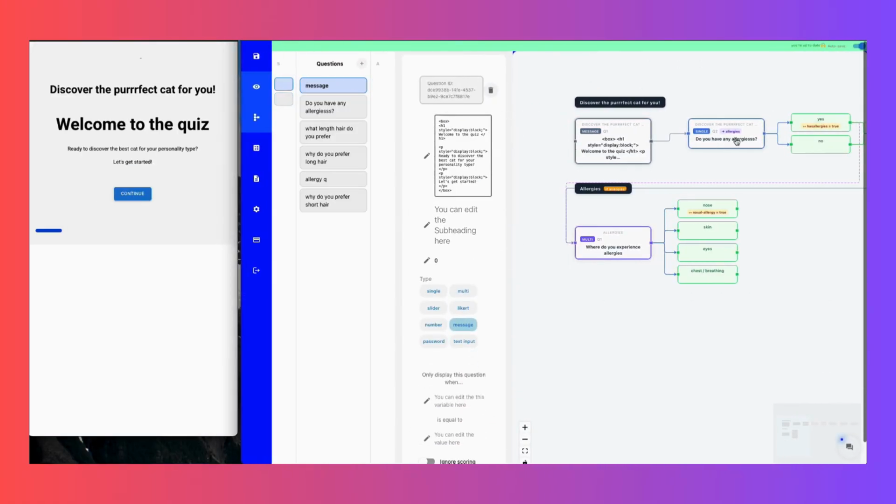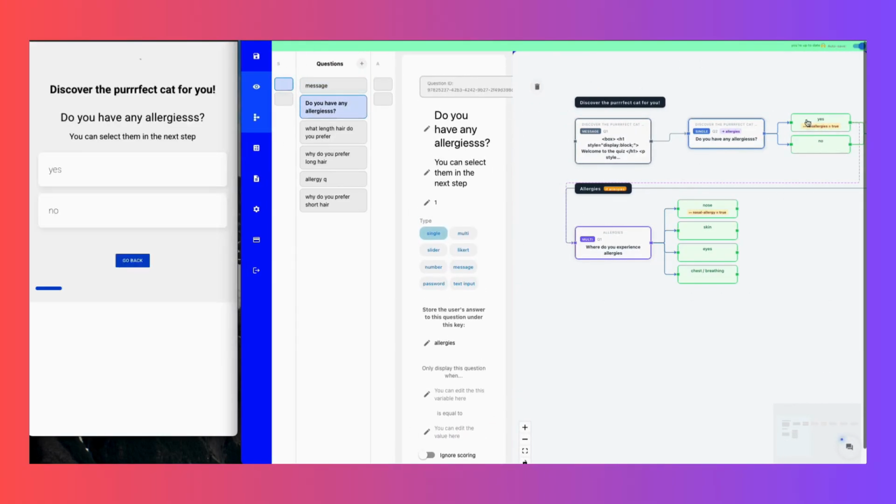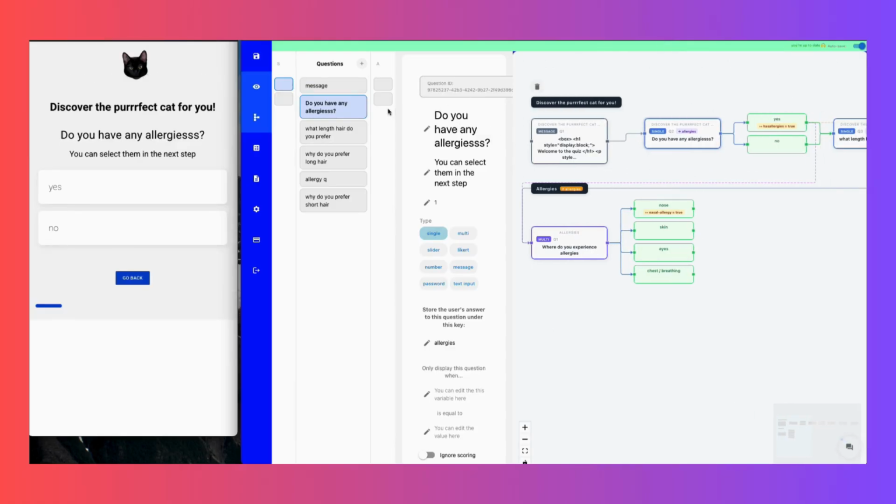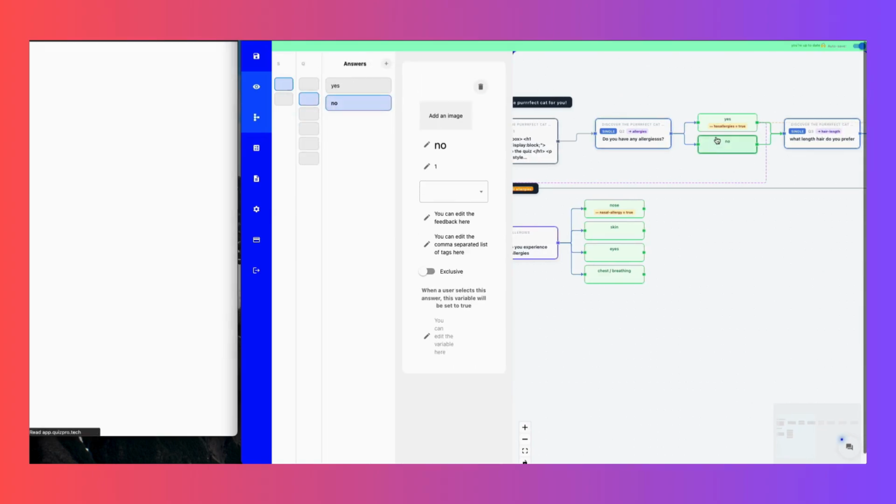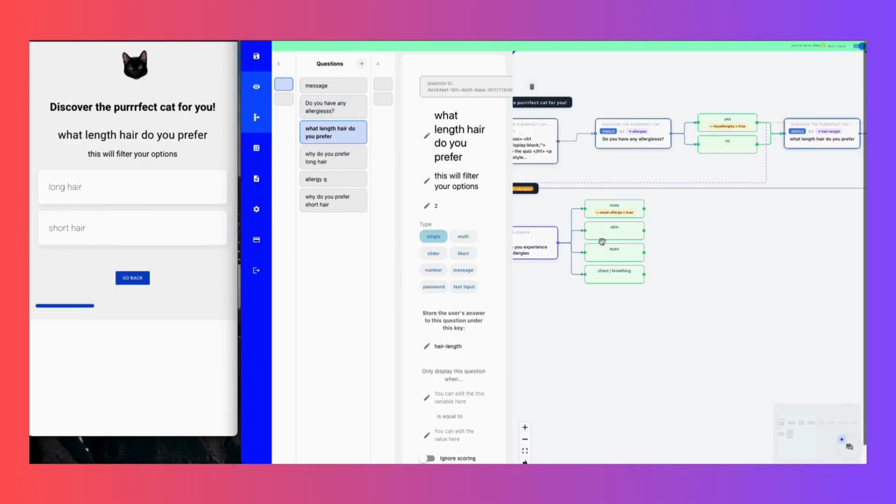You select a question, and a nice thing about this is that when you select a node for a question, it brings it up in the preview, so you don't have to navigate through the quiz itself as if you're a user, which can be a bit of a time drain. So you can just click on a question like that, and you can see it brought up live for you to see how it looks. Very useful,